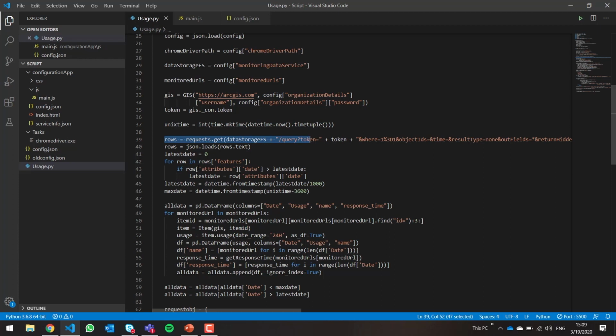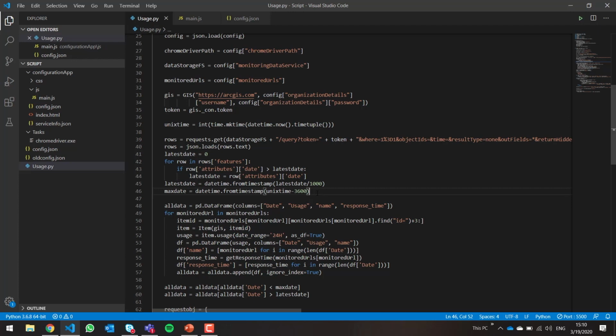And from that, we get the latest date that is stored in the data to ensure that we're not repeating data that is already existent in the service. Notice that over here, we're removing 3600 seconds from the current time, 1 hour basically. That's because we want to limit our usage information to the previous stop of the hour, not up to the current hour, where the value would be changing. So for example, you can see it on my screen, it's like 3:10 p.m. We only want to see up to 3 p.m., not in the current